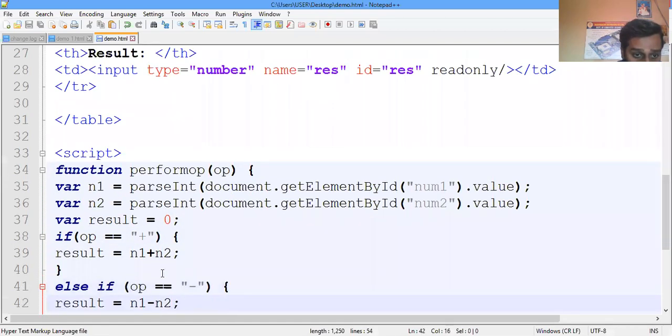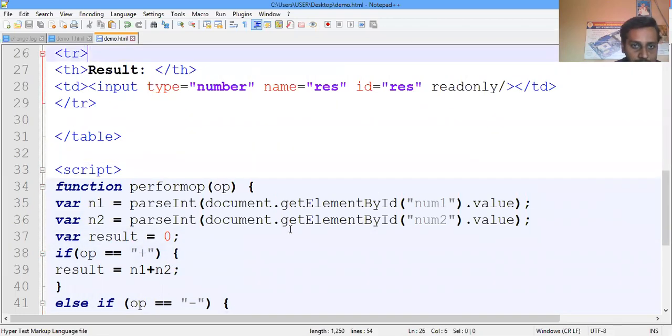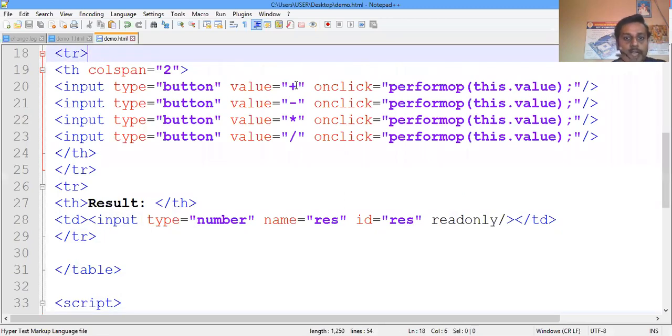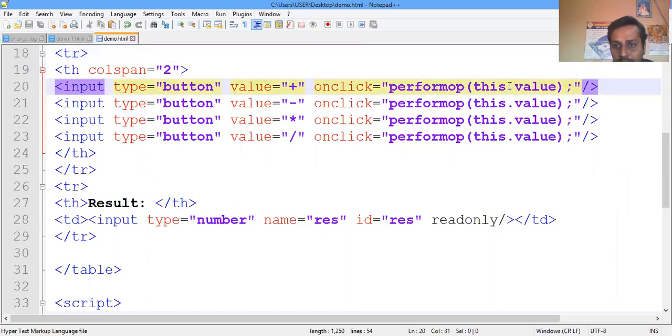Next, we are going to check if the option is plus. So here it will check which type of value we are passing. This value is either plus, minus, or multiplication. So if I use the plus button, this value is considered as an addition. So automatically, whichever the user clicks, it will perform that function.